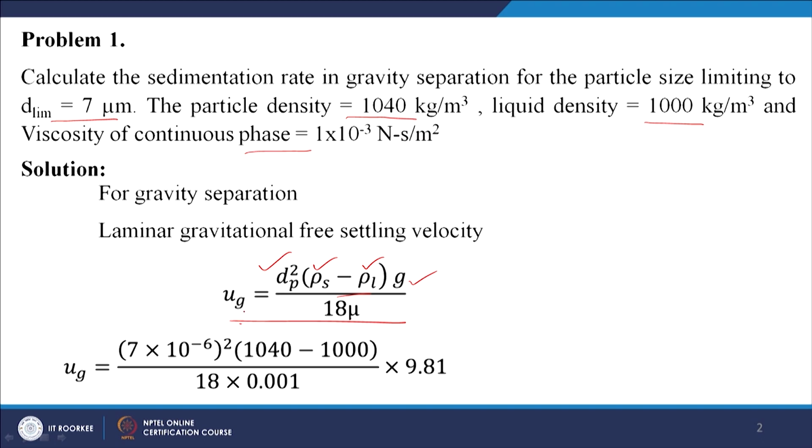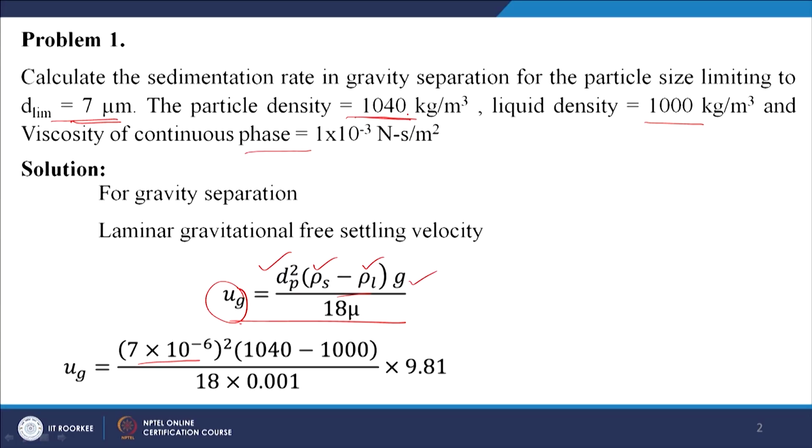So, we have to calculate Ug. Now, what is the value of dp? dp is given here, that is 7 micrometer, so we have to convert it into meters. So, 7 into 10 to the minus 6 is dp. Then rho s is given as 1040 kg per meter cube, rho l is 1000 kg per meter cube, g we know is 9.81 meter per second square, and the mu value is given as 1 into 10 to the minus 3 Newton second